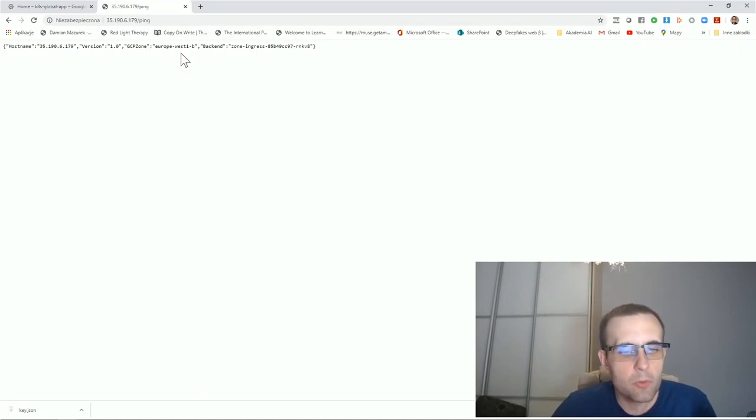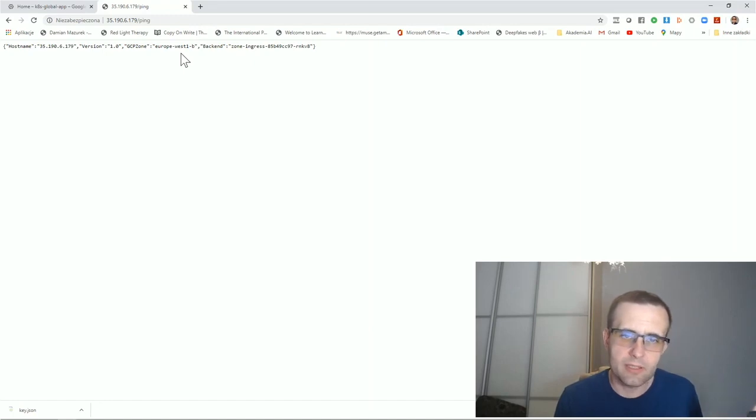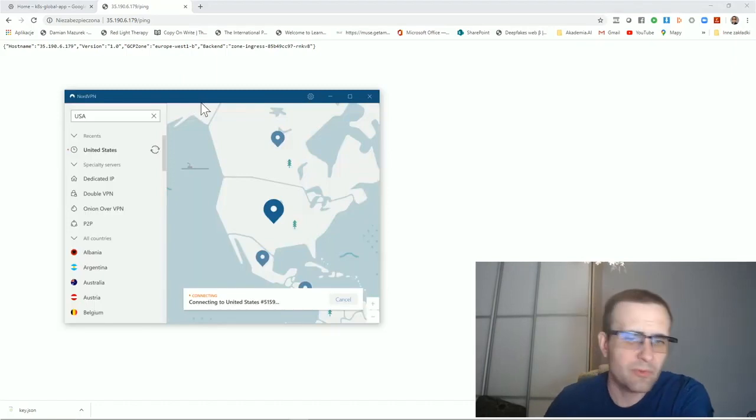When I use the VPN to connect to the USA, you will see that the same address, the same URL, will be directed to the US cluster. So now I'm using my NordVPN to connect to the United States,